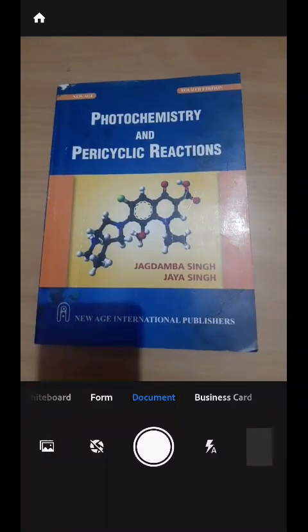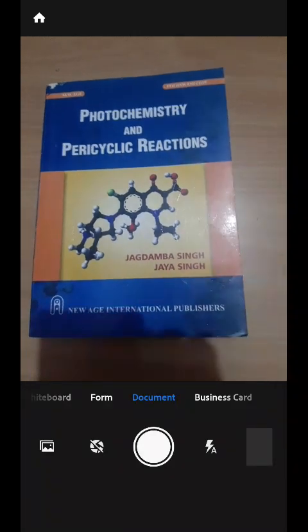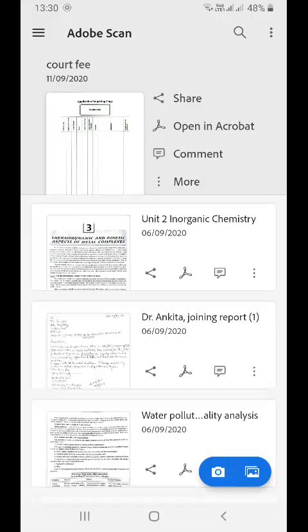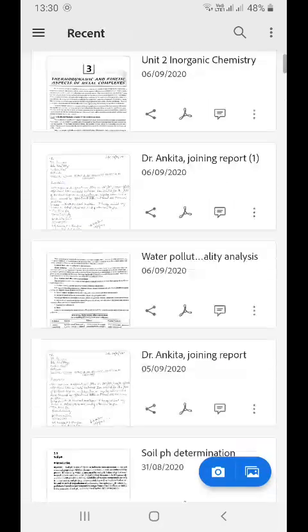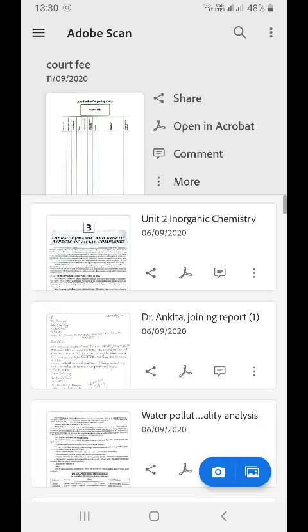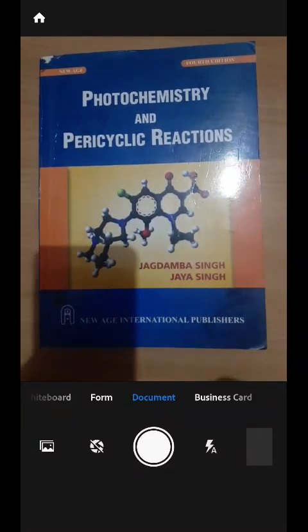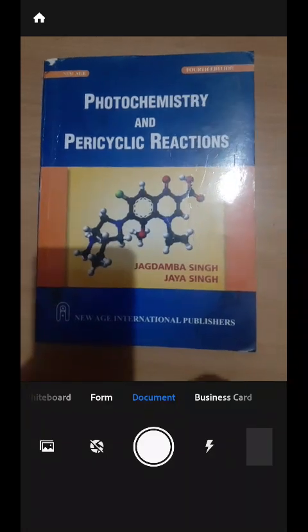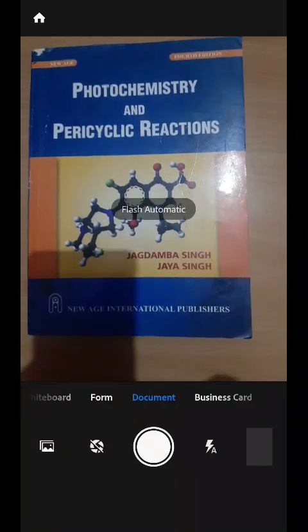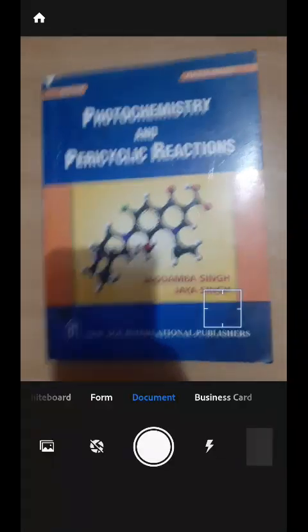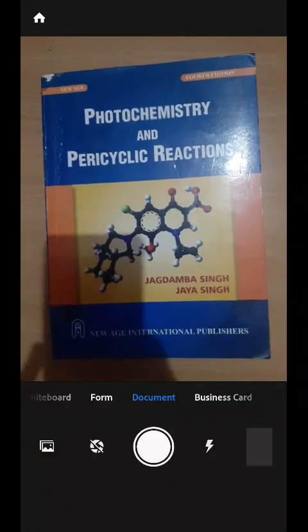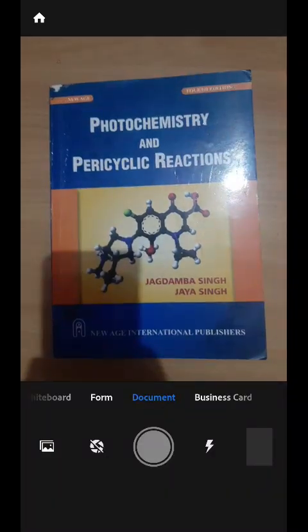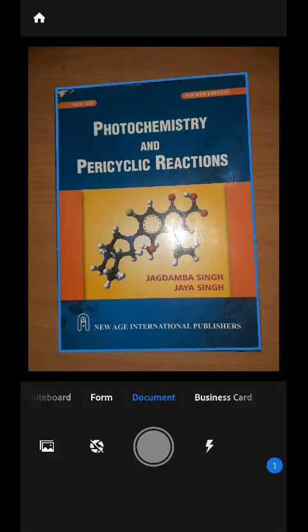So if you want to capture the images, you can go to the home screen as I went right now. So here are the scanned copies that I have already scanned through the Adobe Scanner. So what you can do, you can click on camera here, right, and be ready with your material from where you want to scan. So you can switch on and off your flash. So since my flash is on, I am clicking it with flash. Just click it. Okay, so first image will be saved, so continue it.